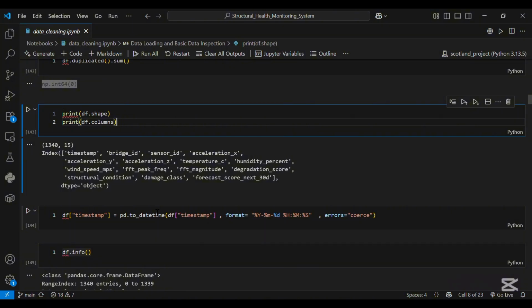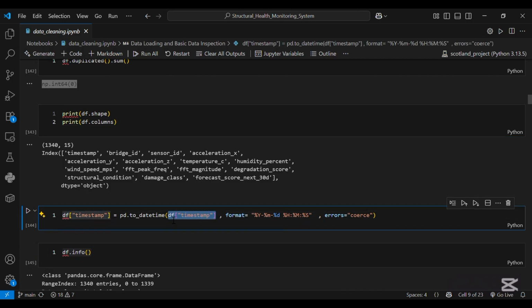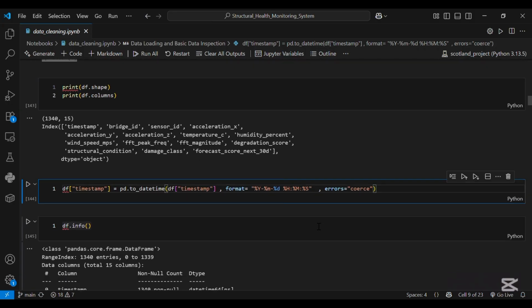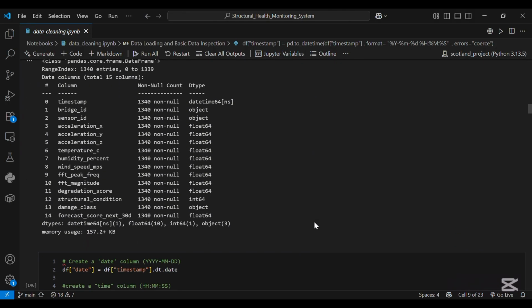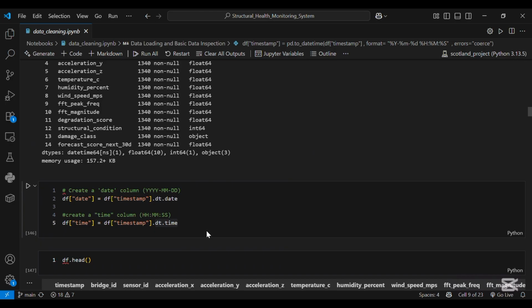Now we move from inspecting to acting. Remember how df.info() told us that timestamp was a string? Let's fix that. We are selecting the timestamp column and using pd.to_datetime to convert it. This function is powerful. It can intelligently parse most date formats. By converting it, we can now perform time-based operations, which is super useful. This is a simple but effective form of feature engineering.